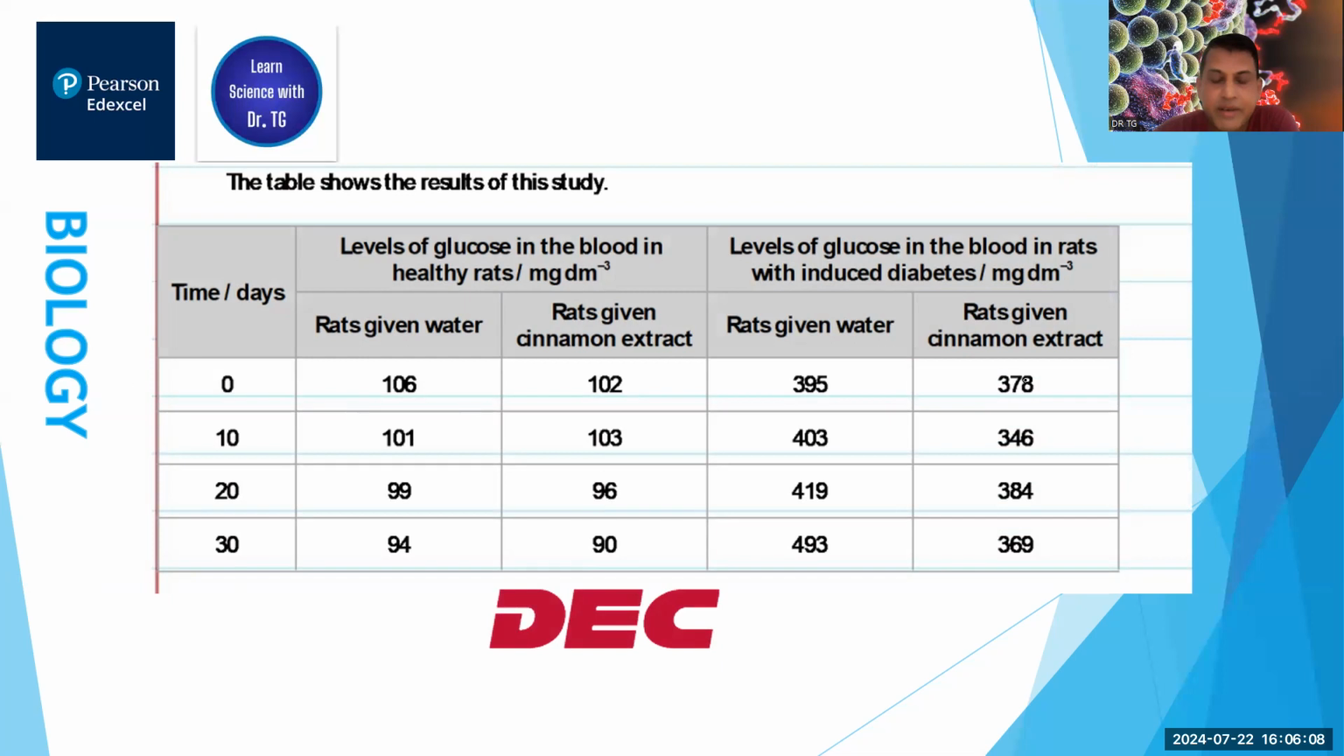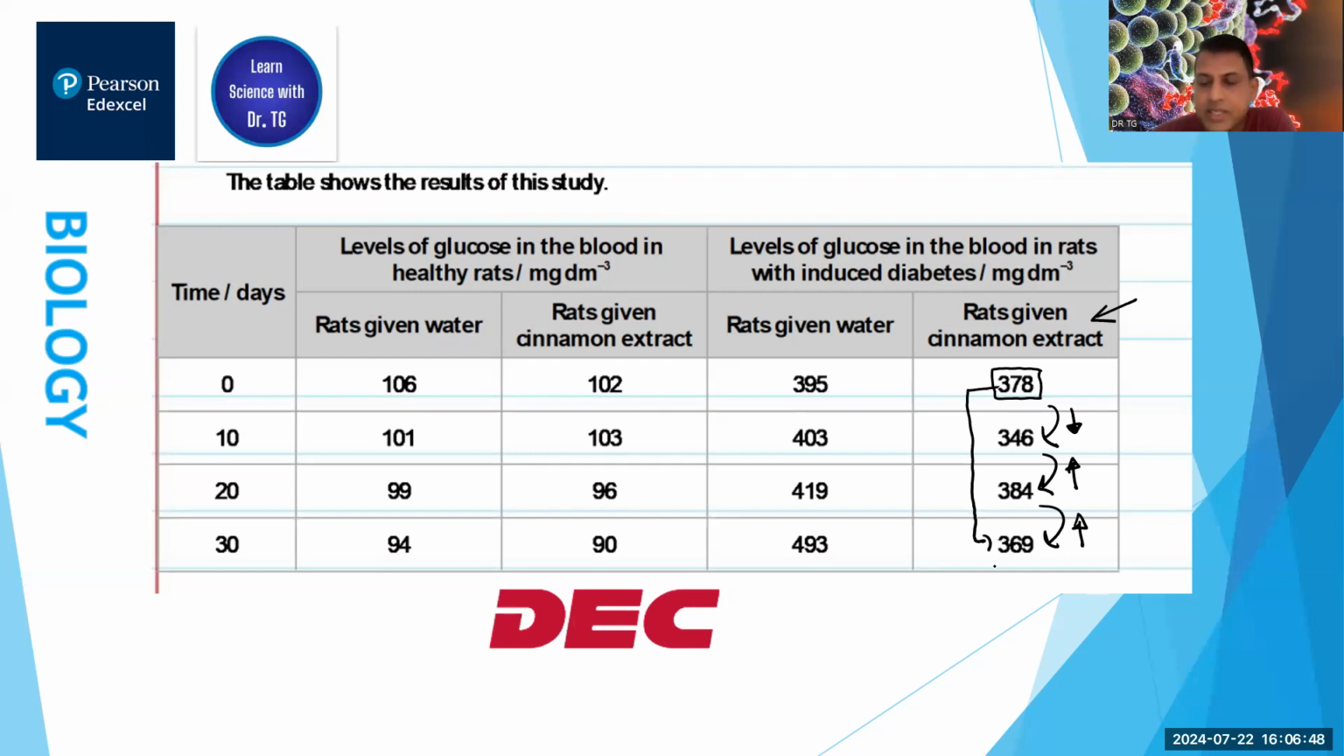Starting glucose level is 378 and the end glucose level is 369. So let's see each value now, as this is the most important group, the treatment group. The diabetic rats are treated with cinnamon extract. The starting number is 378. So this decreases here to 346. Then again here it increases. Then again here it decreases. But overall, if you take the 30 days trial,